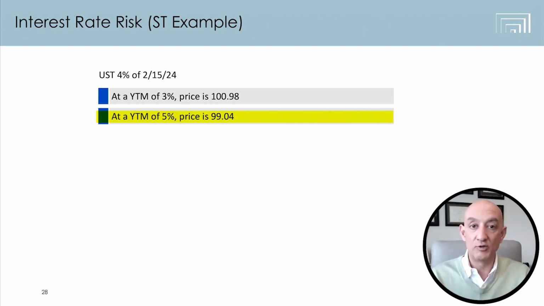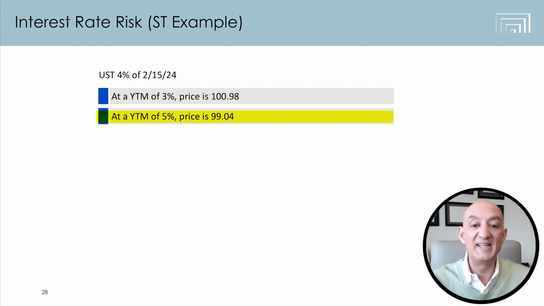Well, no one's going to buy your bond that's paying a $40 interest payment because you bought it at par. No one's going to pay you par value for your bond that's paying 4% when they can go elsewhere in the market and get 5%. And remember that price is the only thing that changes between now and maturity. So if you want to sell this bond, you bought it at 4%, rates went up to 5%, there's a year left in it, you're going to have to sell this bond at a lower price. The price of the bond will have to have a yield to maturity of 5% because rates have gone up, right?